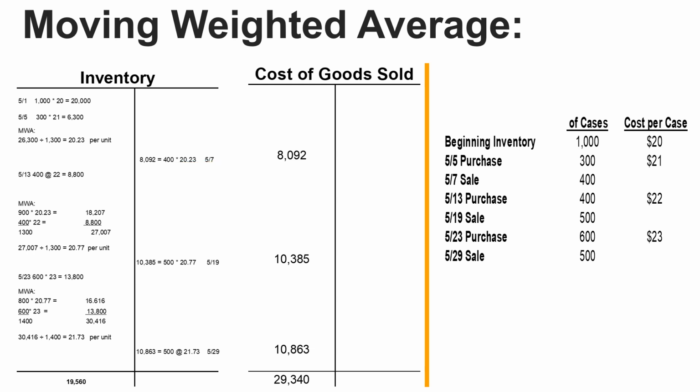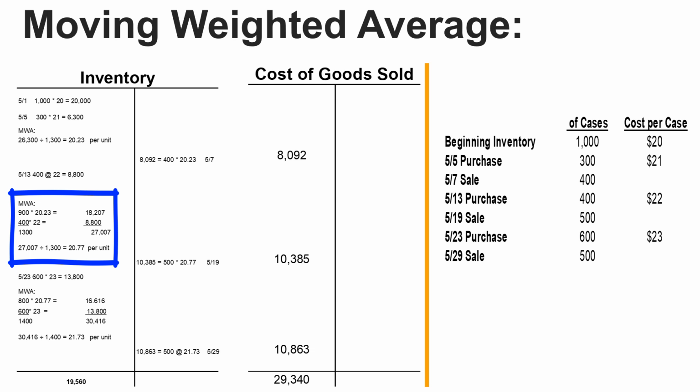Now, the next transaction is not a sale, but a purchase. If we sold more units, we'd just use that same average of $20.23. But instead, we have a purchase of 400 units at $22. This is going to affect our average. If it's going to be a weighted average, we have to account for the fact that we've only got 400 units at $22, $8,800 of cost. We're adding that to the 900 units left over after that first sale. We had 1,300 units before we sold 400 units, so we have 900 units that had an average cost of